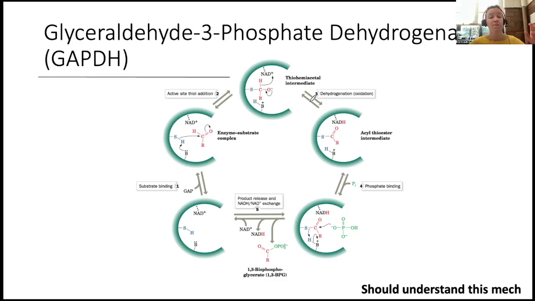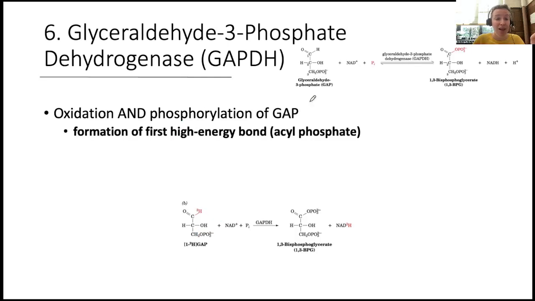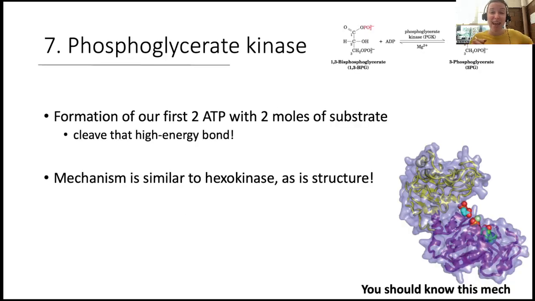Okay, folks, what did I say? We have the formation of the first high energy bond in step 6. What's the point of forming high energy bonds? Well, to harvest the energy from that bond. So as soon as we see a high energy bond formed, in the next step, we're going to harvest that energy to create ATP and recognize that we're really creating 2 ATP because we have 2 molecules of GAP we're